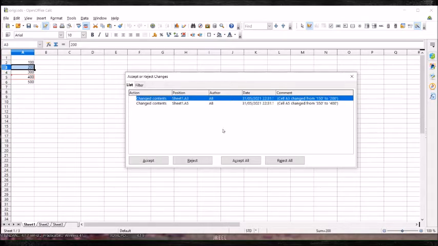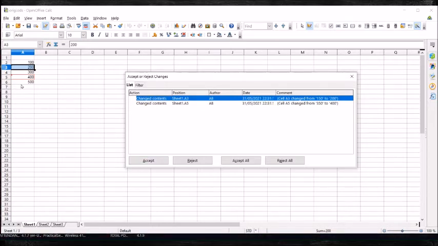Now it is up to us whether we want to accept or reject. We can see that these two cells in which changes were made are appearing with a red border. When we are comparing, it shows that in the original document these two cells were changed, and it is showing this comment also, that these changes were made in this cell.